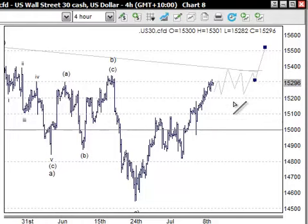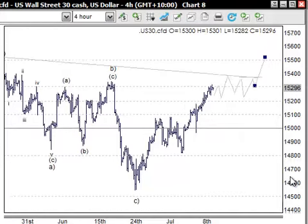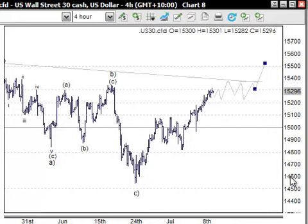stalling it there. The only thing that can really push it higher quickly, well, the earnings season is one of them. Of course, the other one is the Fed's meeting tonight. So probably later in the course of events, but that meeting tonight can obviously drive the market as well. The other sort of interesting thing here too would be the